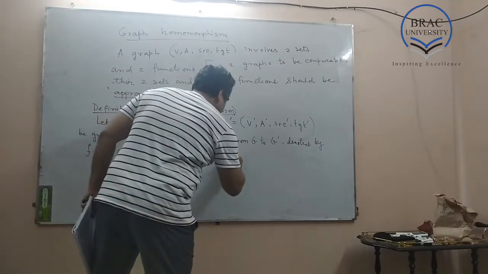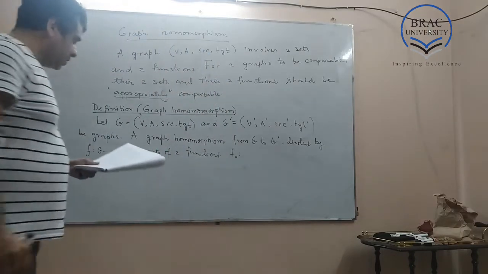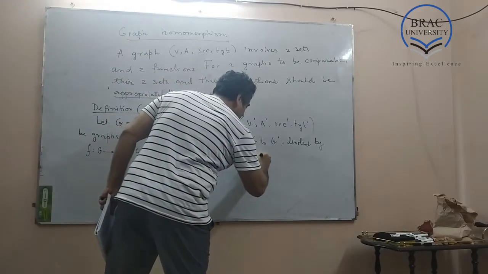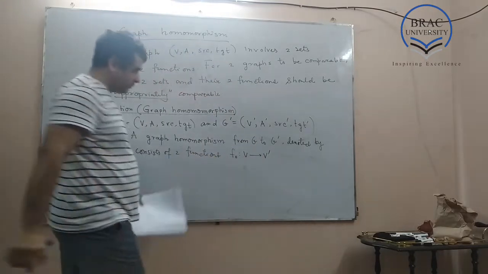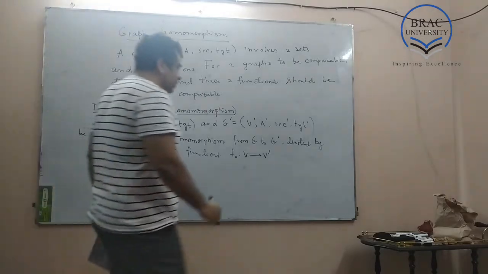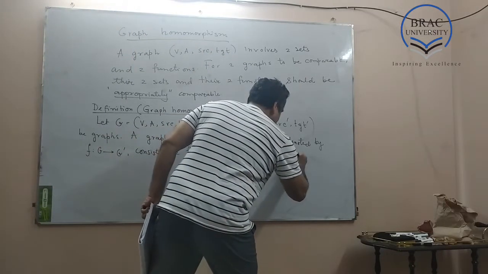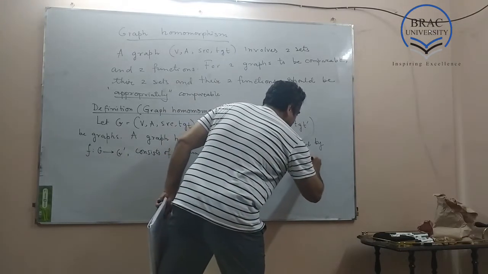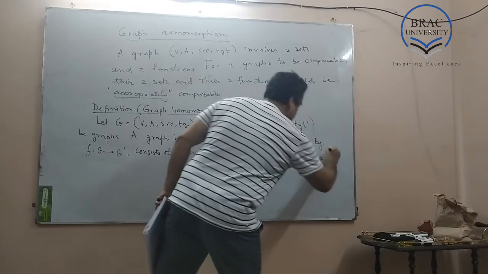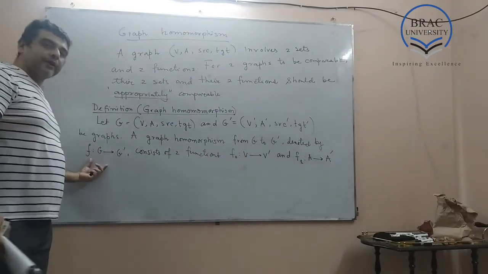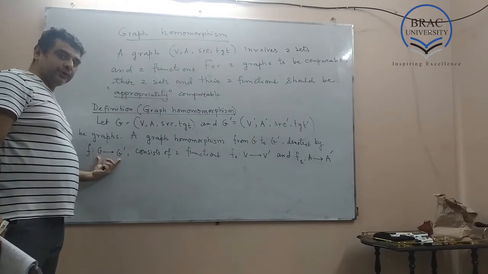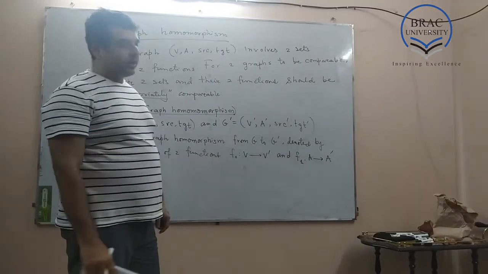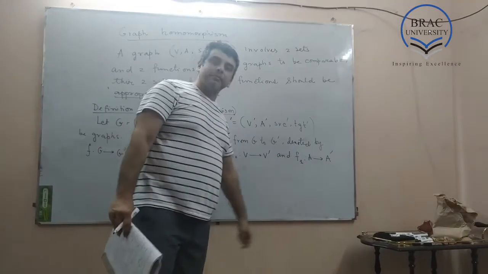One function is for the vertices, from V to V prime, which we denote by f sub 0. Okay? And another function is between the arrows of the corresponding graphs, which we denote by f sub 1 from A to A prime. So this f, the graph homomorphism between these two graphs, consists of two functions, one between the vertices, the other one between the arrows,